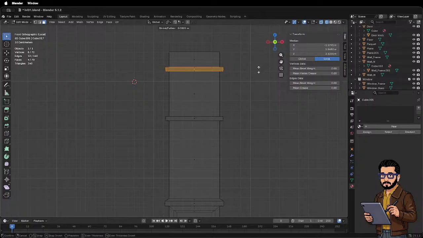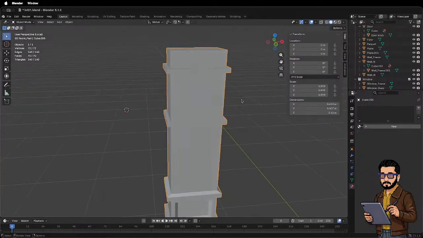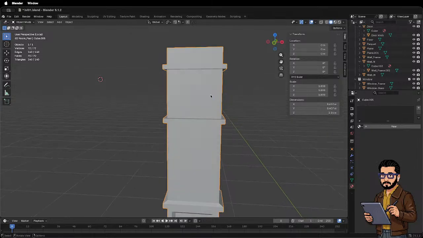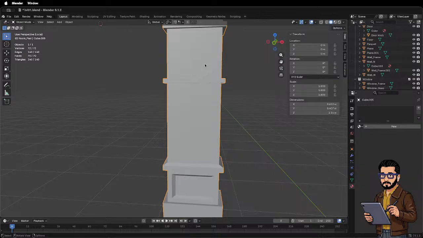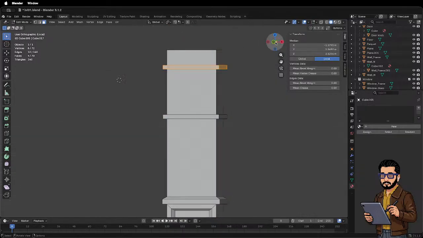Yeah, like that. Let's see what do we have right now. Okay, this is good. That's good. I will go to front view once again, and